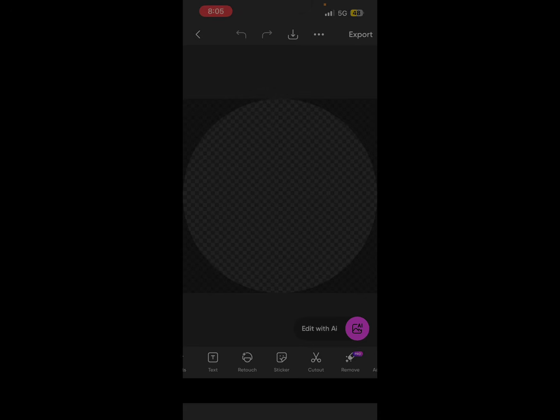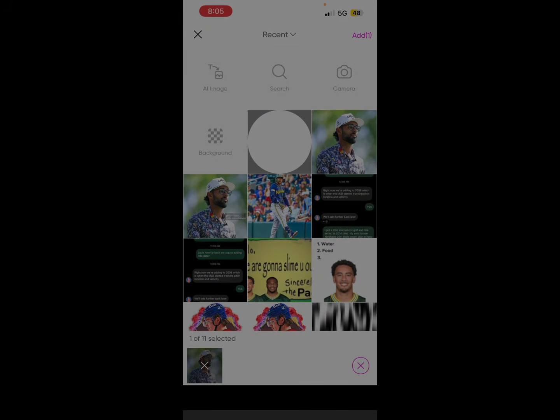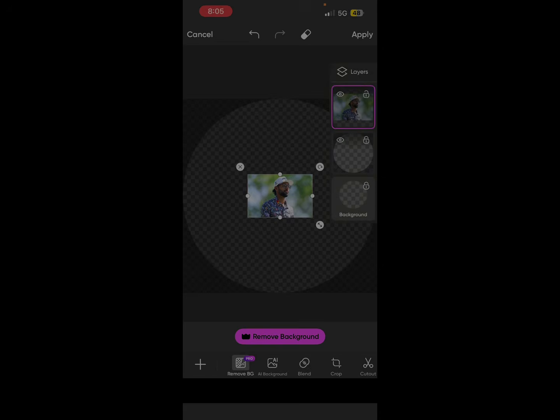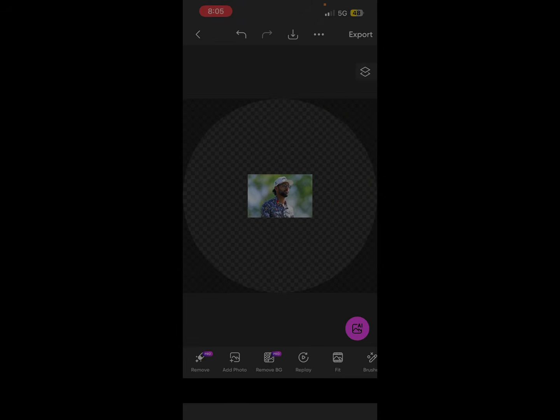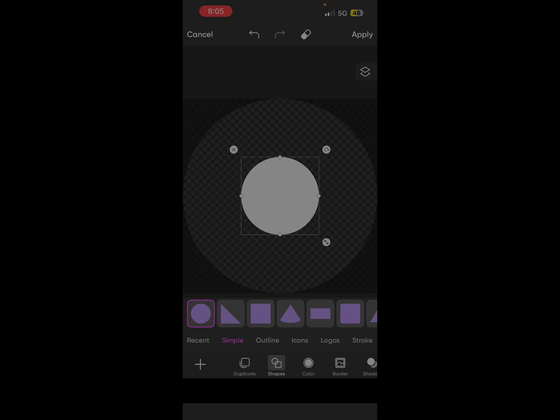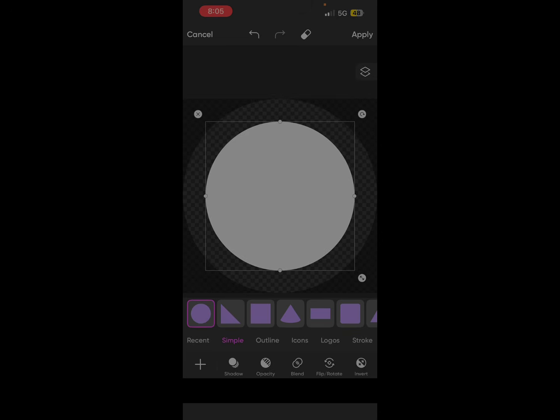And then it should be the perfect size already. You're going to scroll and hit add to photo and add in the picture without the watermark. Okay, and then next you're going to click apply so you can find the shapes button. And once you find the shapes button, you want to place it in the center,